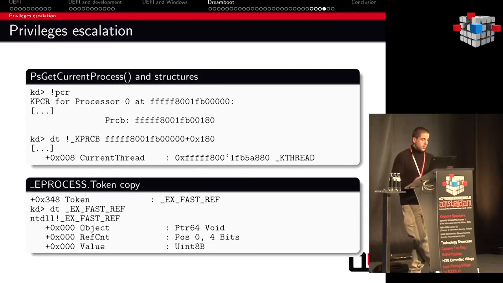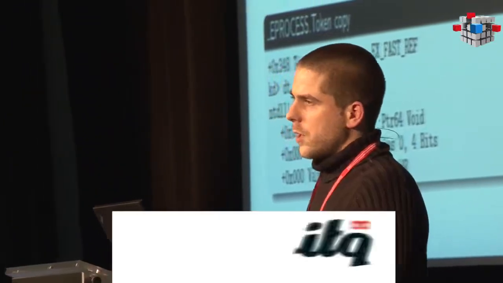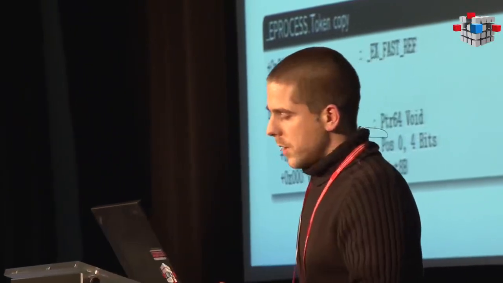Next, the main idea is to browse the circular list two times. One time to look for the system process and get its token. The second time to look for the CMD process and replace its token with the system one. We also just set the low bit of the token to 0. In fact, it's just a kernel counter to check how many times the token is referenced inside the kernel.